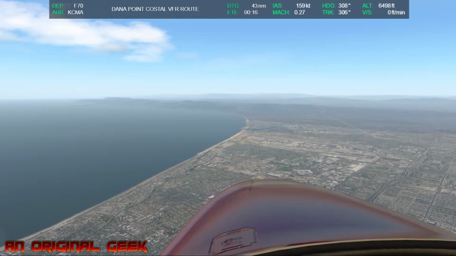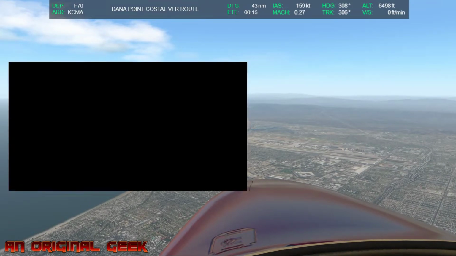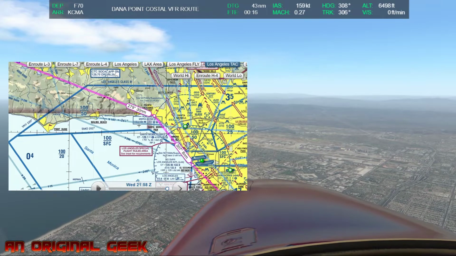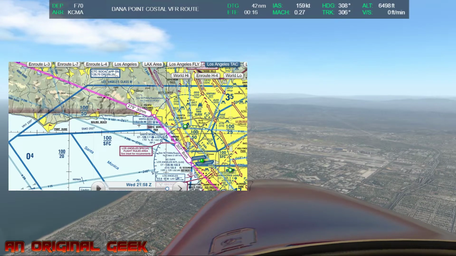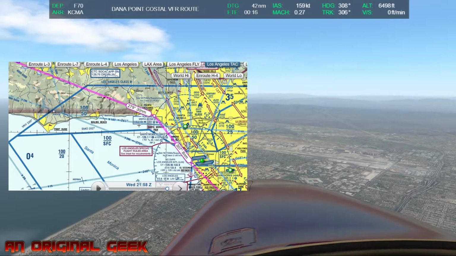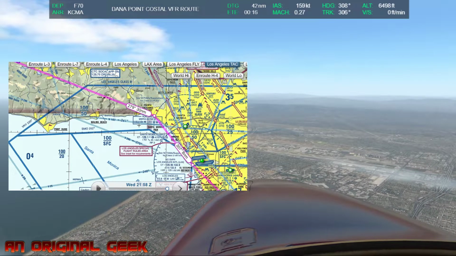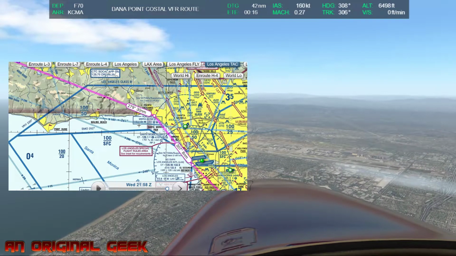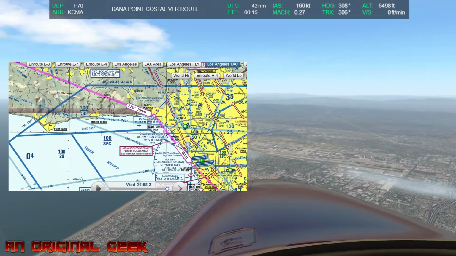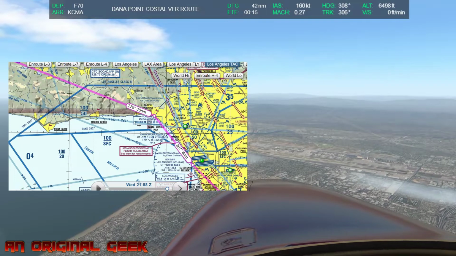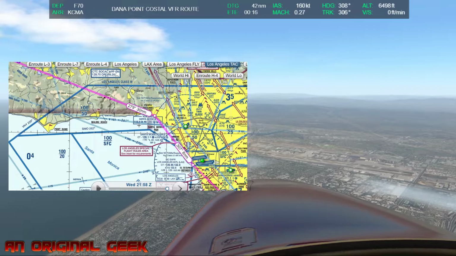We're going to go ahead and request, here let me show you what I'm going to do. Bring this up. Okay. So here's LAX. We're going to come into this section of airspace here. The floor of it is 5,500, so we will be in it. I'm going to go ahead and request that we come down a little bit lower,